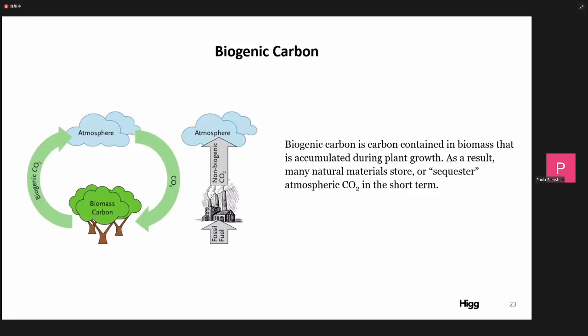Next, as promised, we have our biogenic carbon slide. Biogenic carbon is carbon contained in the biomass that's accumulated during plant growth. So as a result, many natural materials store or sequester atmospheric carbon dioxide in the short term. LCA standards tell us that in order to claim a reduction of global warming potential, so saying that you subtract it from your overall impacts, you need to prove that the carbon has been sequestered for more than 100 years